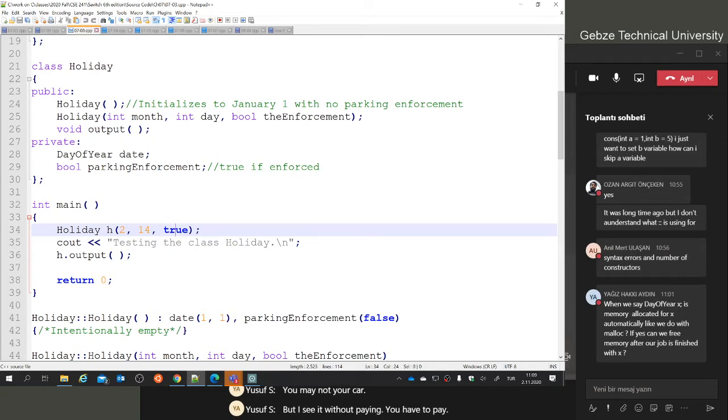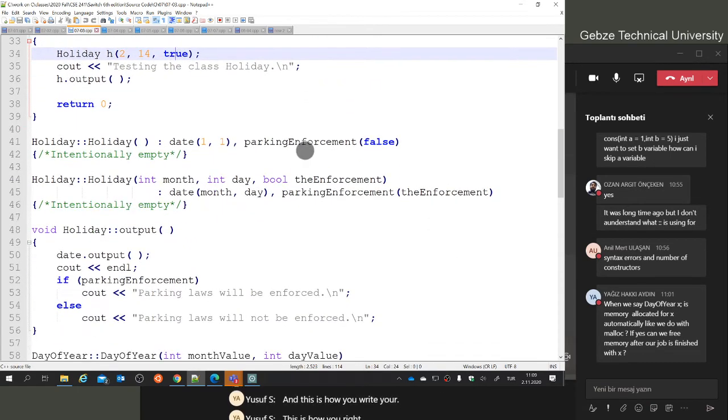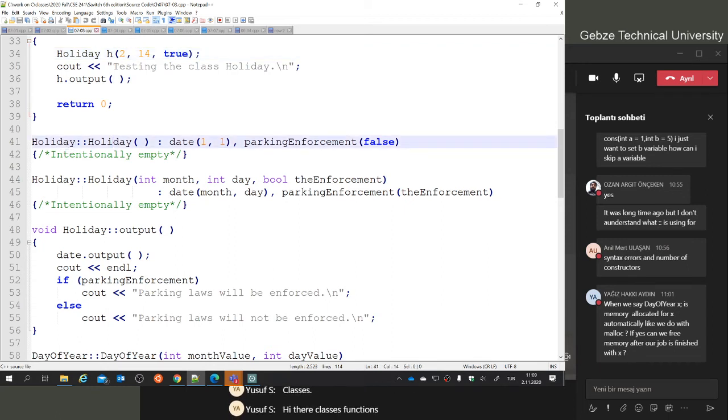And this is how you write your holiday class functions. Constructor, no parameters. It says that, okay, if I am the constructor with no parameters, this is, let's skip